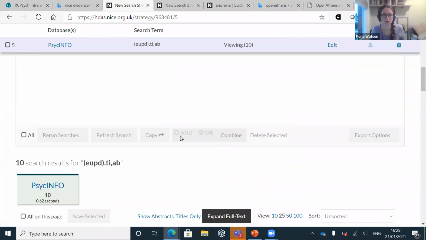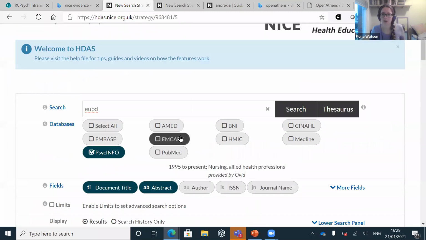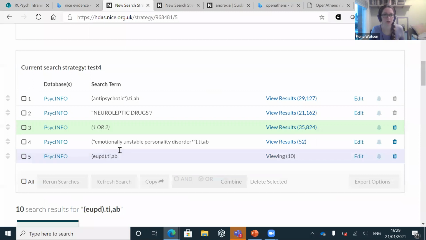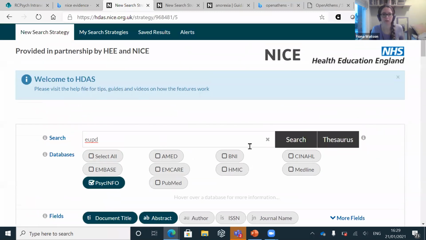I had someone who was searching on IV, like IV fluids, and they were getting everything about stage 4 cancer. So just keep an eye on that. That's another way you can get results that you didn't want. That's okay, because it's only giving us 10. So we'll try our thesaurus search.